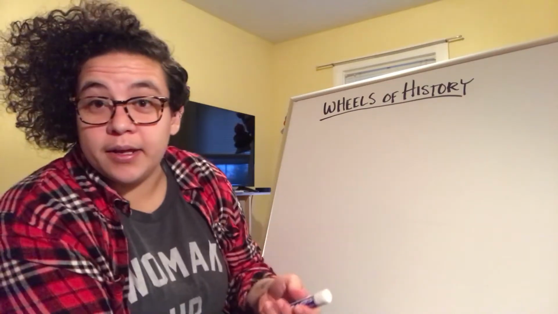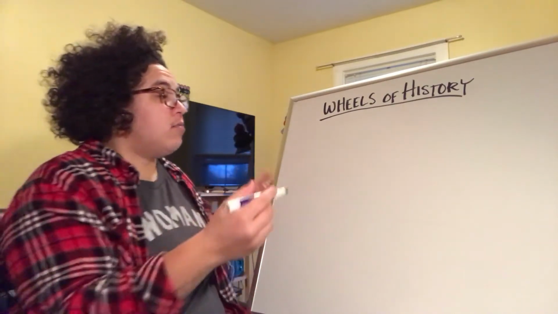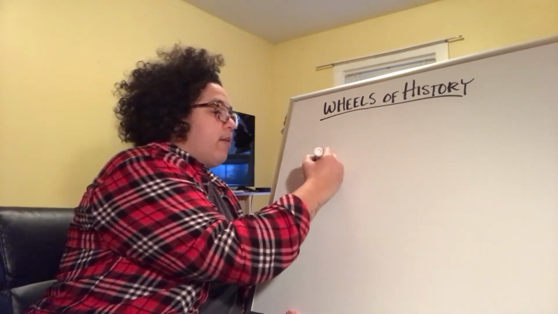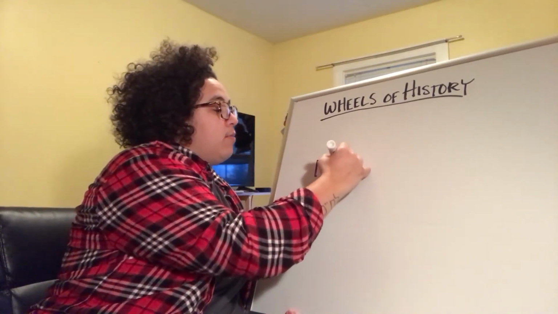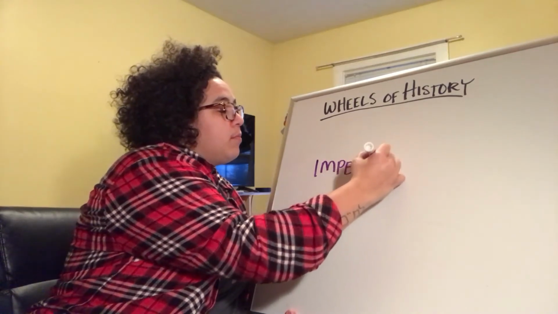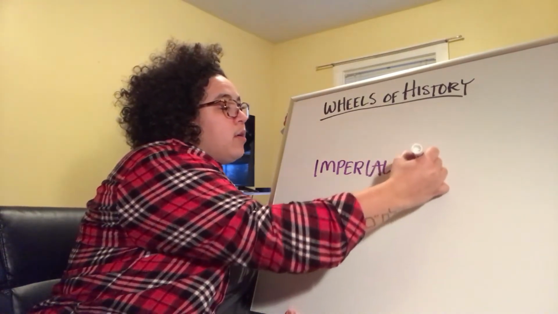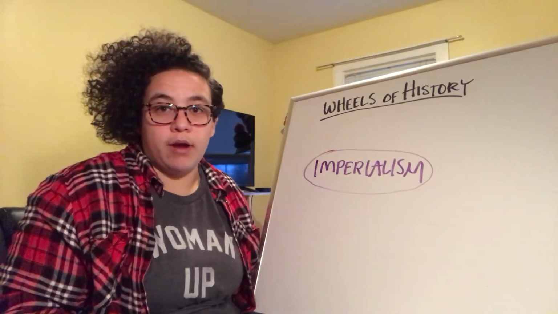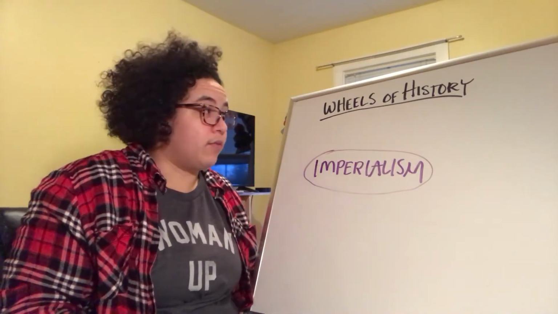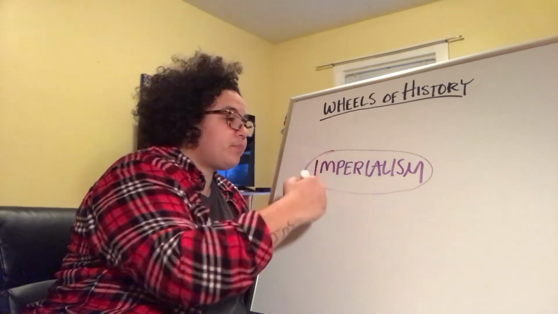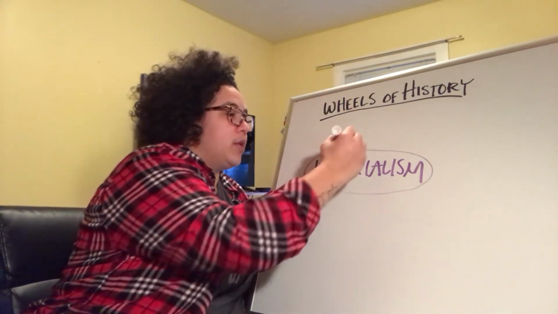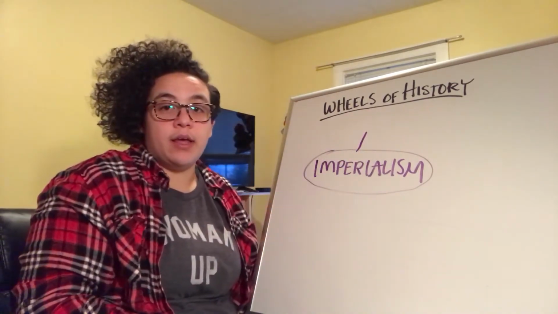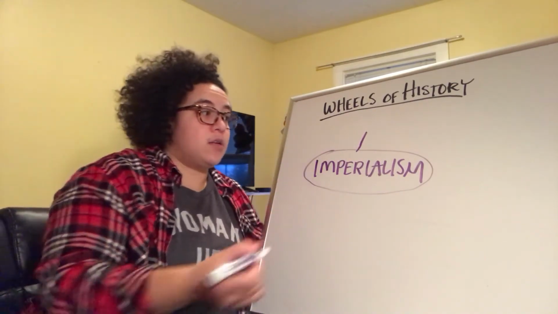So anyways, here's basically what you need to know. Let's say you want to do it to a big concept. So let's say you have the idea of imperialism. Okay. So you've got the idea of imperialism, you're just going to make a hub around that. And then you're going to make these different wheels. So this is really zoomed in. But basically you'd connect terms that are associated with that. So maybe you've got